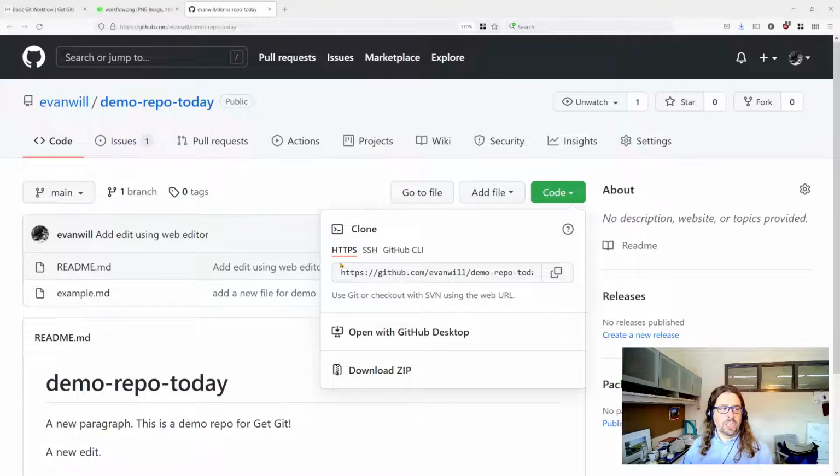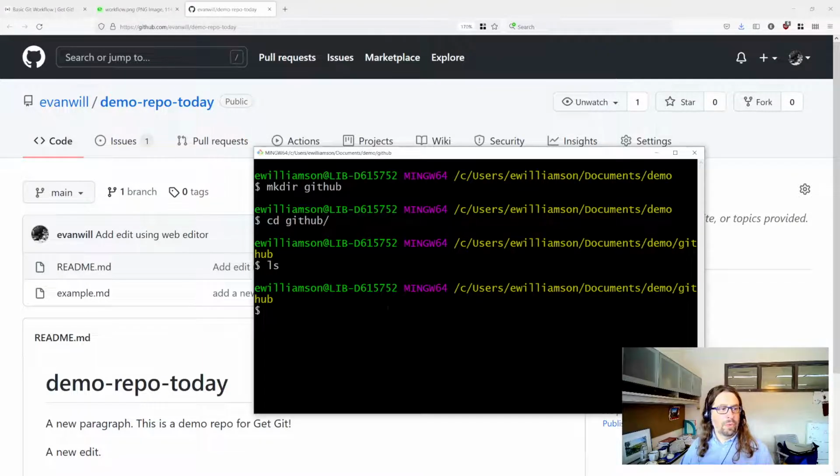And so we want this HTTPS link, which is just a URL to the GitHub repository, or the Git repository on GitHub, and there's a little copy button here. I'm going to click that to copy it to my clipboard. And once I do that, I can hop back over to my terminal, and I'm going to start